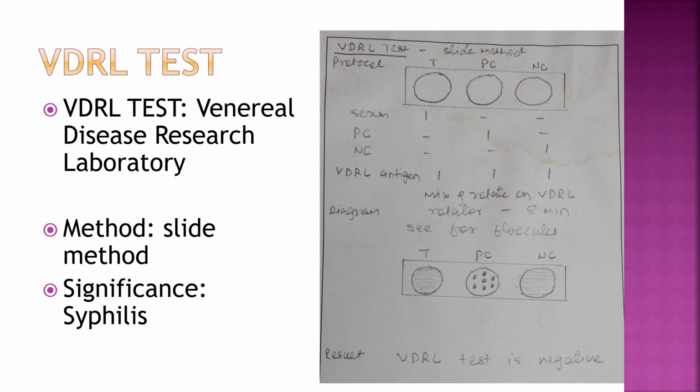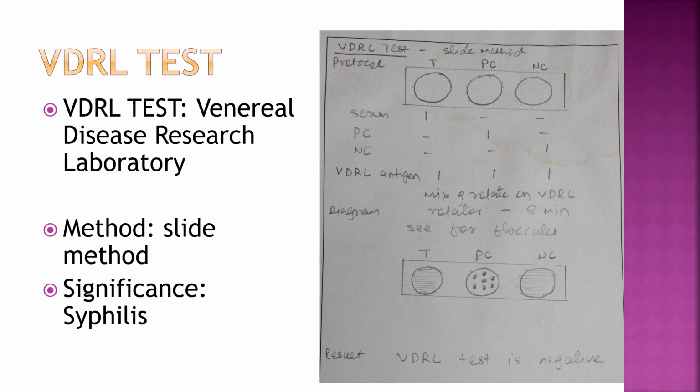Then the VDRL test, the Venereal Disease Research Laboratory test, by slide method. Again take 1 drop of serum, 1 drop of positive control, 1 drop of negative control, then add antigen, 1 drop to each, mix and rotate for 8 minutes on the VDRL rotator or manually, and then look for clumps. Here you will see floccules. For the report: if no floccule is seen, non-reactive; if weak floccule is seen, weakly reactive;